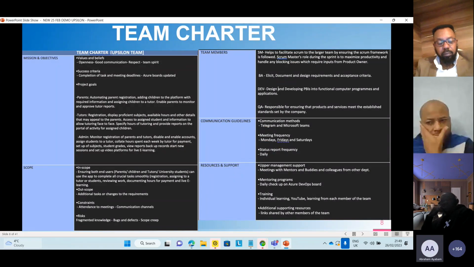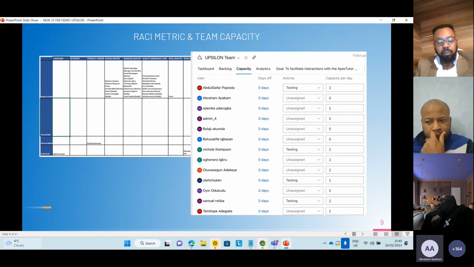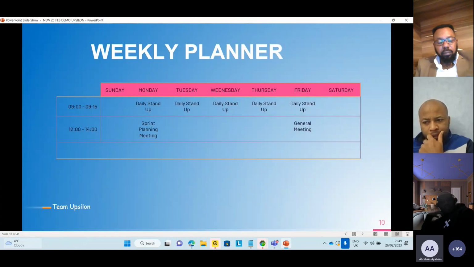And this is the team charter. And then this is the key metrics and team capacity. Our weekly planner we held. This is presented in terms of actual daytime, but for the Blue Sky and for the internship at the moment, that's meeting 7 p.m. Mondays to Wednesdays.